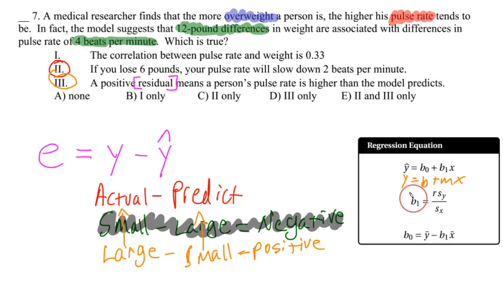Well, if I look at it, in order for me to get B1 right here, it's the only one that talks about R. I would have to know the standard deviation of Y and the standard deviation of X. And when I come up here in the reading, I don't see any information to support this particular value for statement number 1. So at best, the only thing I can do is say maybe statement number 1 is true, but I don't have enough information to justify that statement. So taking a look here, statements 2 and 3 are probably going to be my best choices here.